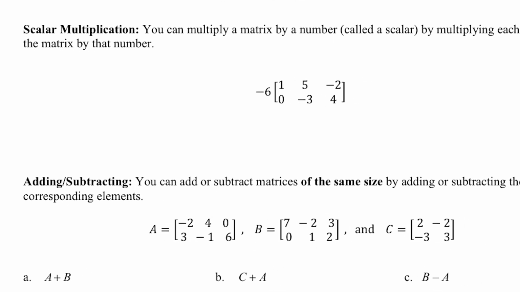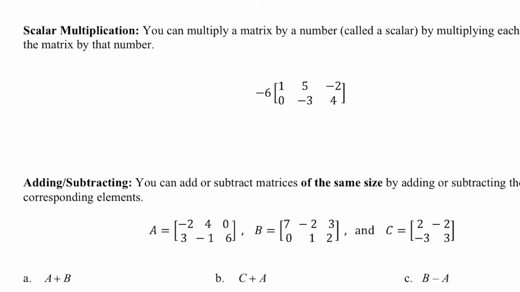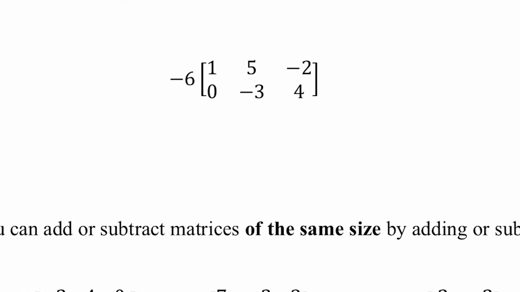Scalar multiplication is when you multiply a matrix by a number, or a scalar, by multiplying each entry in the matrix by that number. So in our example here, we have a -6 outside of our matrix. We want to multiply the whole thing by -6. So all you're going to do is multiply that number into every single one inside. So not too bad. So if we do that one by one, -6 times 1 will give us -6 in